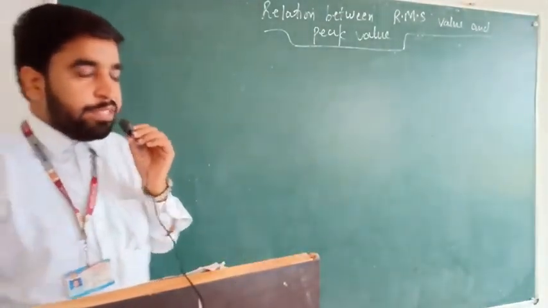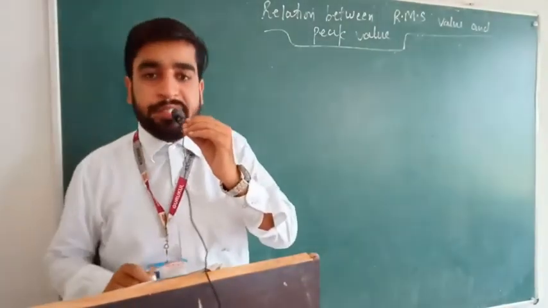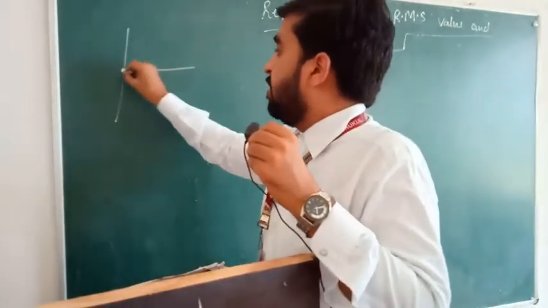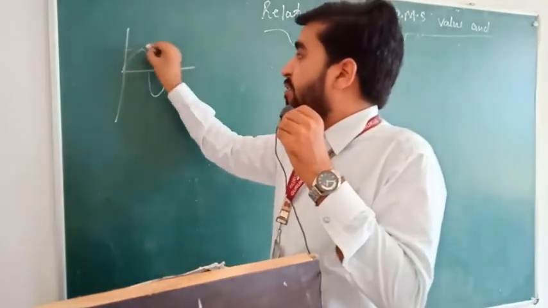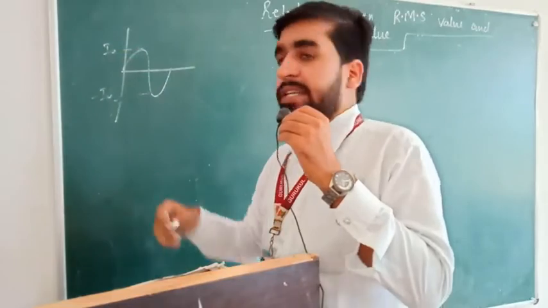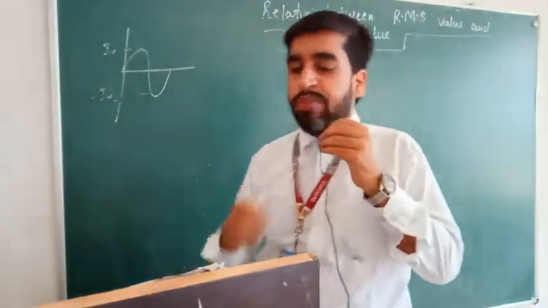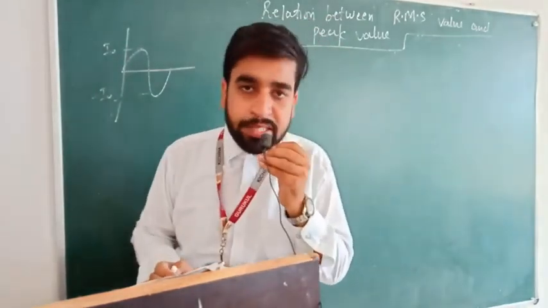Students, we have already studied that the average value of AC over a complete cycle is equal to 0. Because here is a graph, the waveform I have shown. This is the peak value of current, and this is the peak value of current in the other direction. So once you calculate the average over a full cycle, you will get 0. By the method of integration also we have done this in the past.